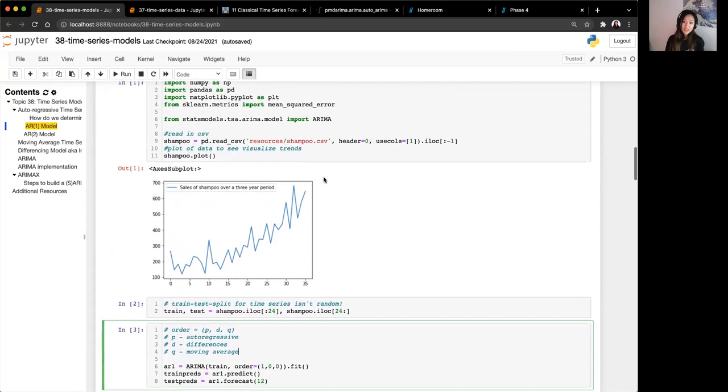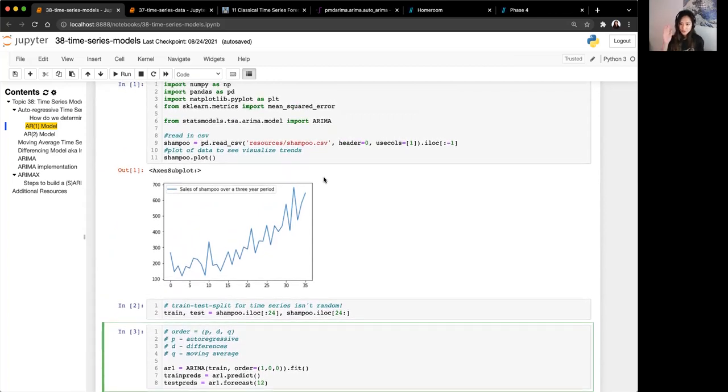For time series, because it's always forward looking, we have to treat our train test differently because we're always forecasting. It makes sense to not randomize our data because the sequential nature does matter. Instead, what we usually do is we segment it at some point. Whether you do an 80-20 split, or wherever you choose your split actually does affect your model's performance quite a good bit. So for example, here I decide to split at 24